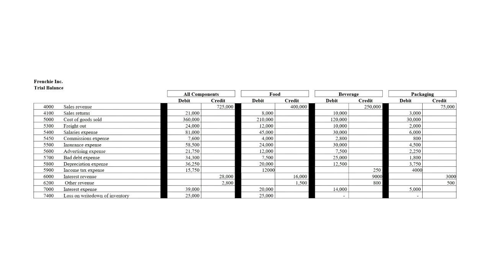So our trial balance for all components is exactly as it's shown here. The sales revenue, obviously the 725, for example, if you add up the 400, the 250, the 75, you have your total sales revenue of 725. Your returns, the 8, the 10, the 3, and so on and so forth. For right now, with all components, if we weren't selling off packaging, we would then create our income statement, balance sheet, and statement of cash flow, looking at all three entities. But when we prepare our income statement and we sell off packaging, we're going to have to isolate all those accounts for packaging and list them within discontinued operations. And that's what we'll do next.